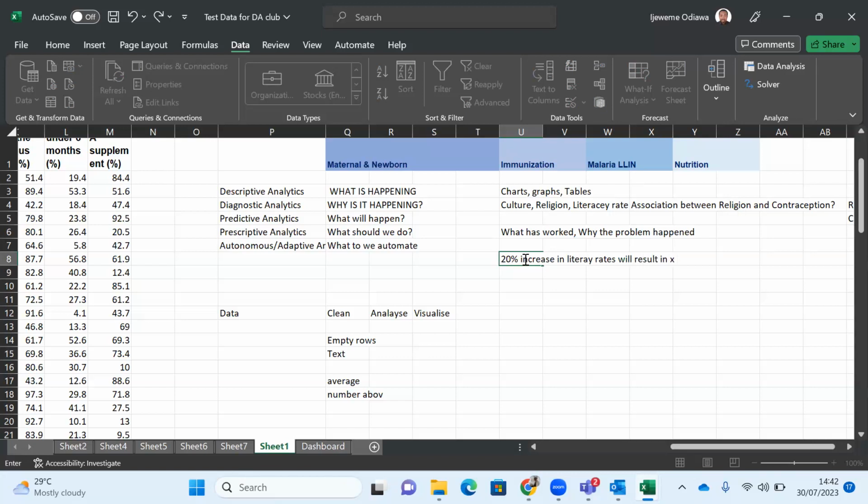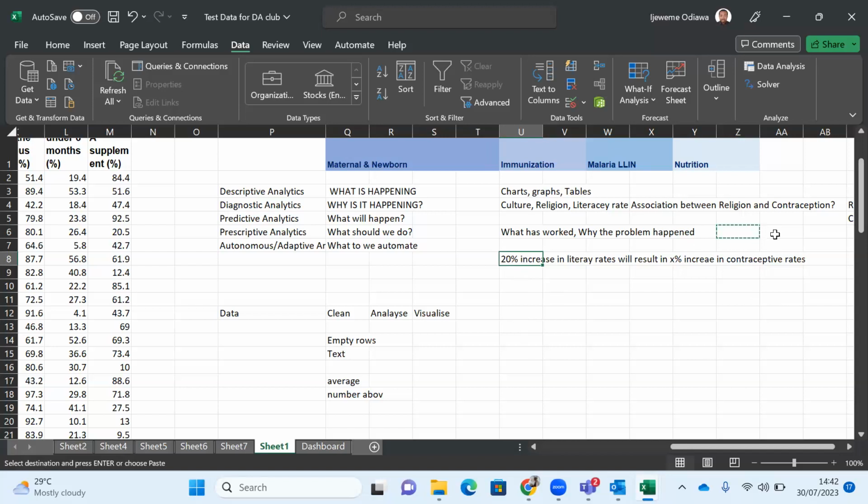X levels, an X% increase in contraceptive rates, right? So it tries to measure, if we do this, if we reduce this by 20%, by how many would the other side go down? If we increase this by 20%, by how many would the other side go up? So